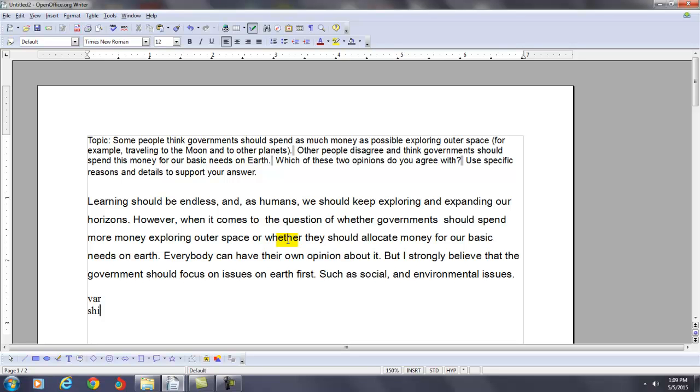So this is what we call a sentence shift. You're shifting from direct speech to indirect speech, and if you're no longer quoting the sentence, then you want to change it to what's called whether. So when it comes to the question of whether government should spend more money exploring outer space or whether they should allocate more money for basic needs on Earth,